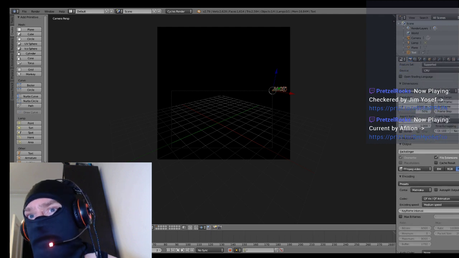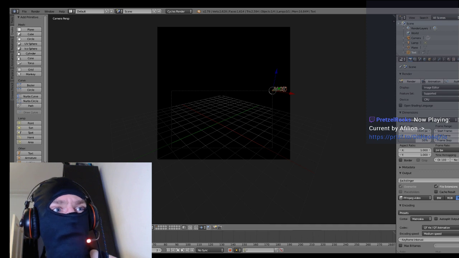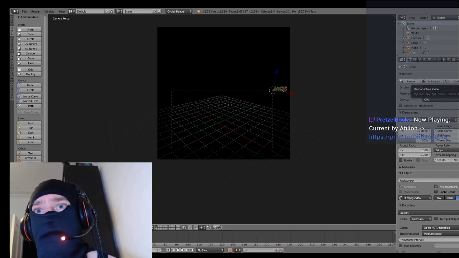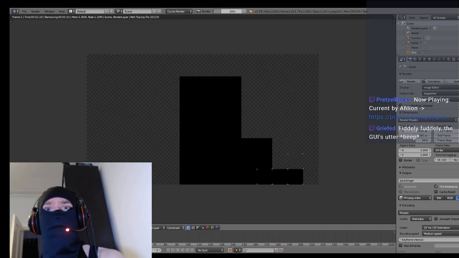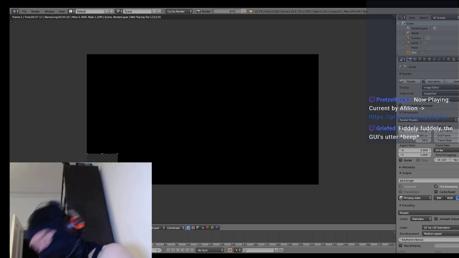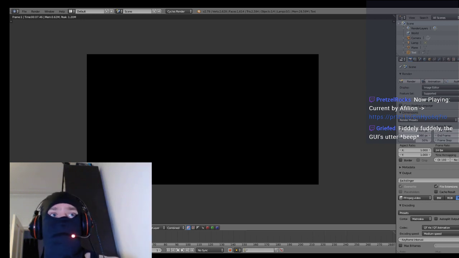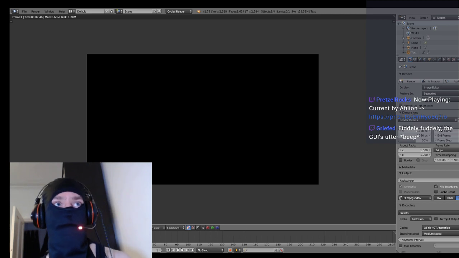Maybe I'm actually okay. Hang on. So let's render this. See what happens. Fiddly fuddly. The graphic user interface is utter rubbish. I think the trouble with it to some extent is that it's built with adept users in mind. So a lot of